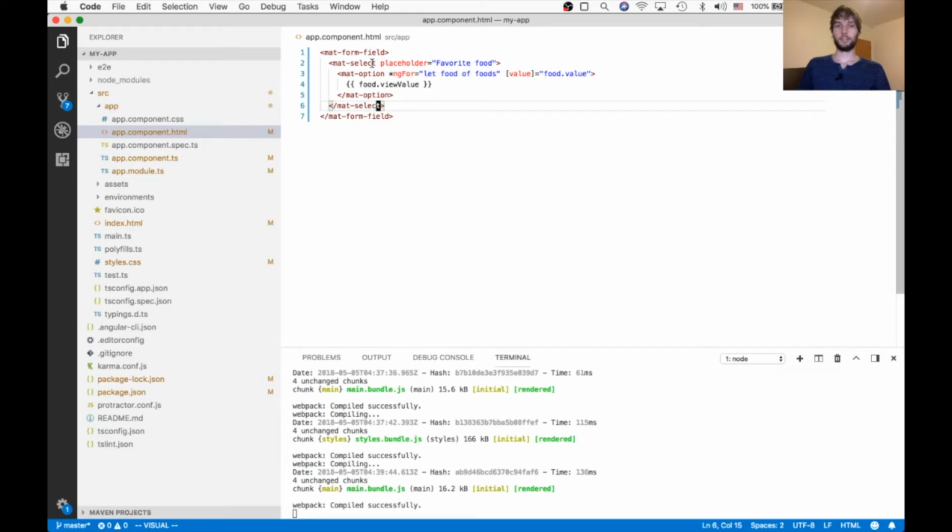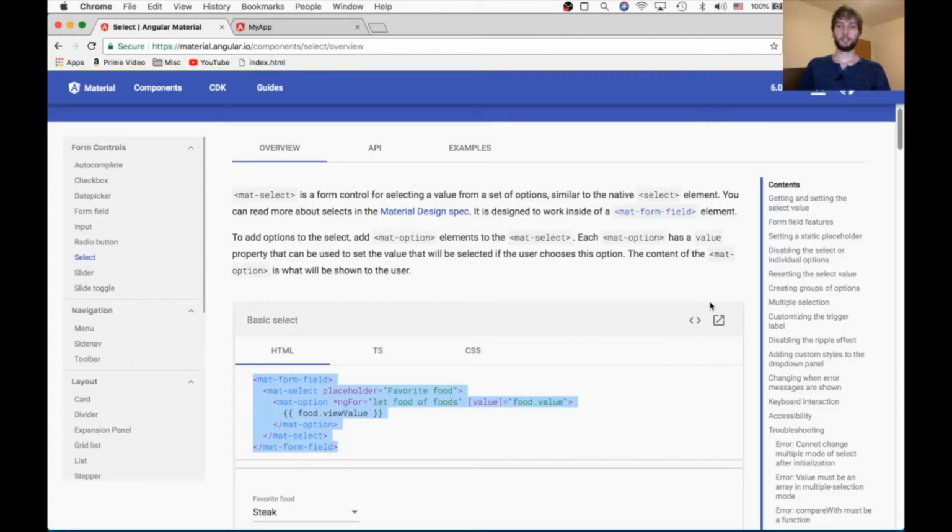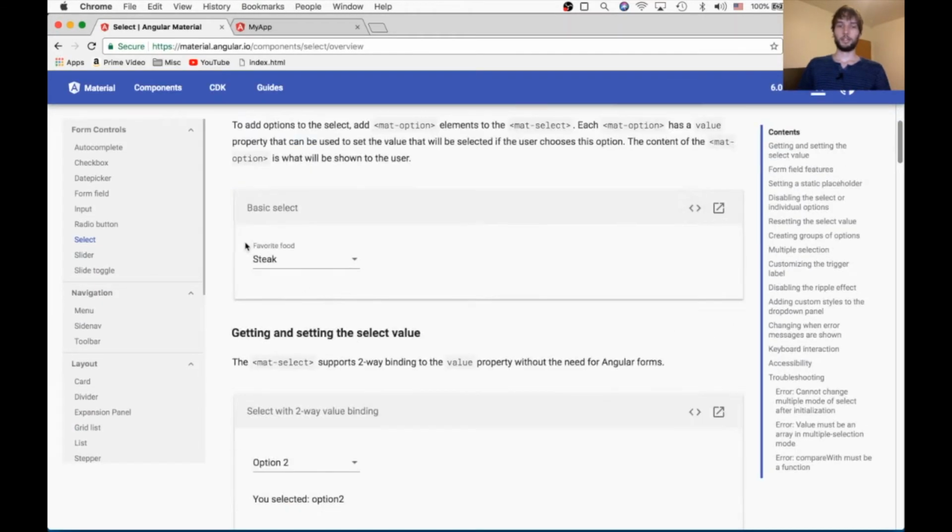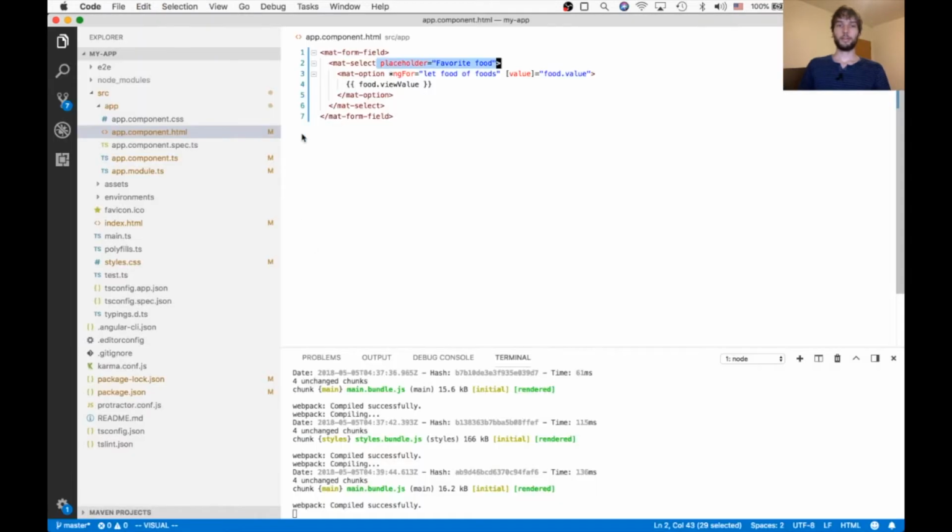And then it has a placeholder of favorite food, and that's just the text that goes right here at the top of it. And then there's an option for each food of foods,